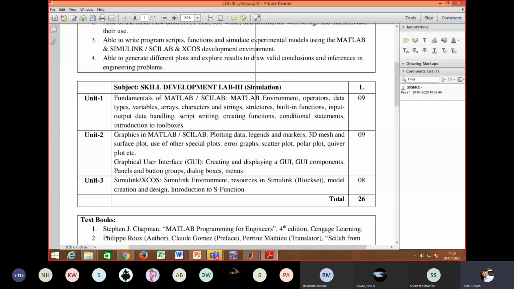Built-in functions we have seen some, there are several functions, many remain. Then input output data handling we have not seen. Script writing we have seen, how to make an m file, that is script writing. Creating functions we have not seen, and conditional statements and introduction to toolboxes we have not seen.